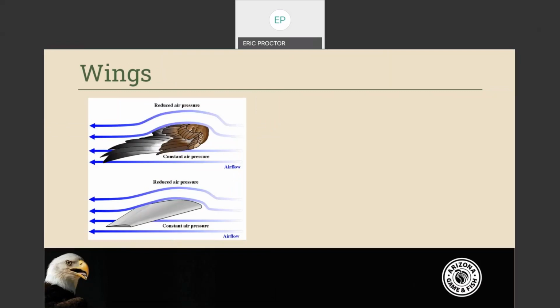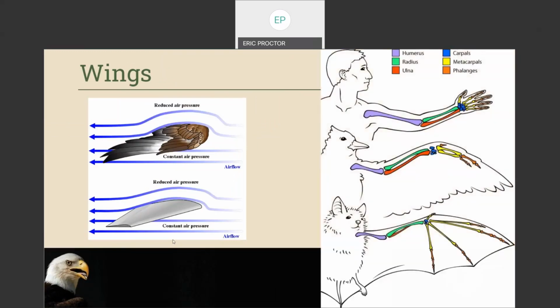In this image, you can see how the wing bones compare to those of humans and bats, another animal that has mastered flight. In this illustration, you can see that the wings of birds and bats are actually very different, even though they are supported by the same bones. For bats, it is the finger bones that make up the wing. For birds, however, it is the entire arm. The bones of birds are also hollow instead of solid like mammals. This makes them lighter and better for flying. Airplane wings are often modeled after bird wings, as you can see in the image on the left.